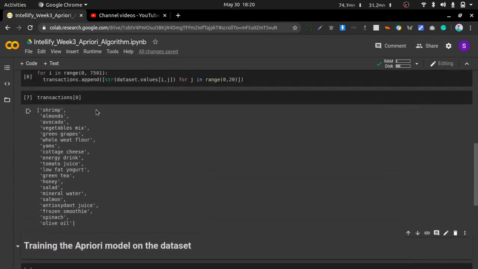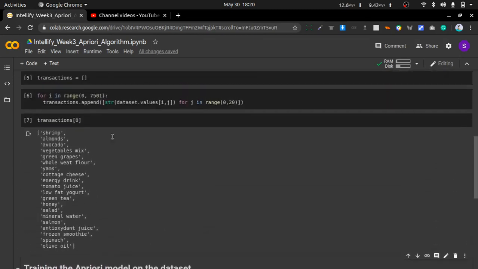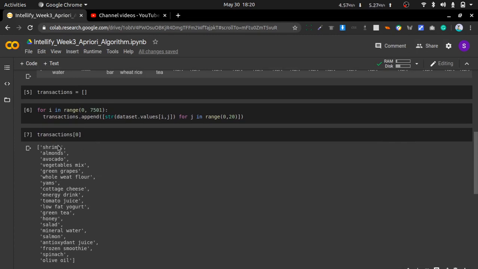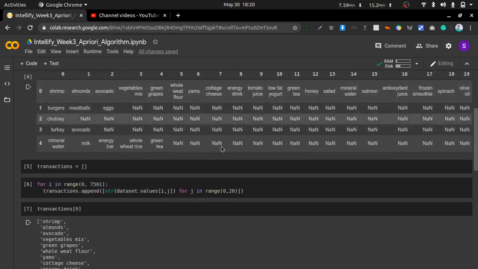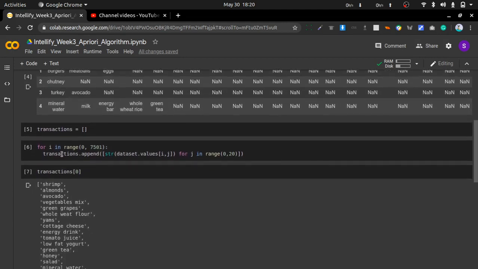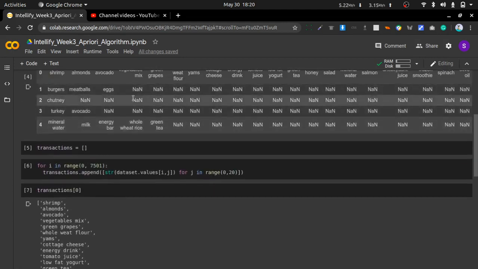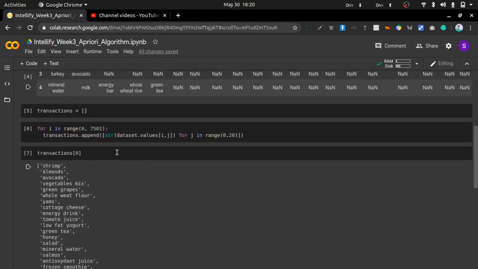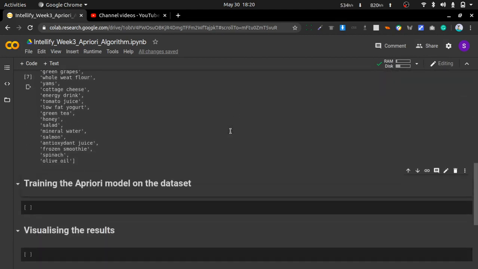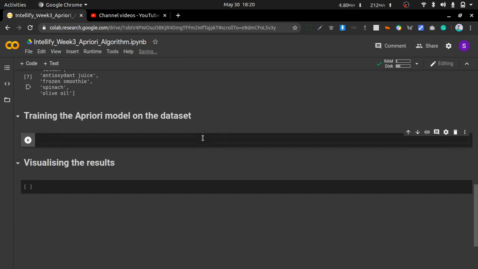As you can see, the 0th list contains these elements. This is nothing but the first row of our data set, and this transaction will contain all the rows in the type of a list. We are doing this because only the apriori algorithm considers a multi-dimensional array. So after this we will train our apriori algorithm model.